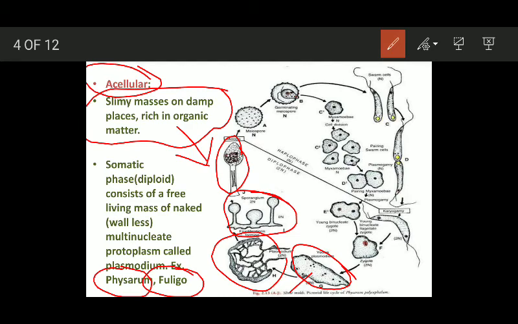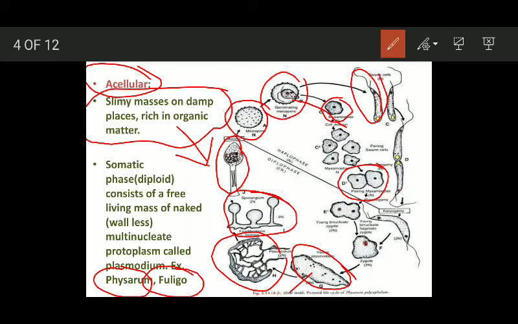And these spores, they are haploid. The spores germinate and they can either give rise to myxamoebae, or they can give rise to swarm cells. Swarm cells are those cells which are flagellated cells. Now the myxamoebae, they can divide and give rise to a large number of myxamoebae, and finally the myxamoebae undergo